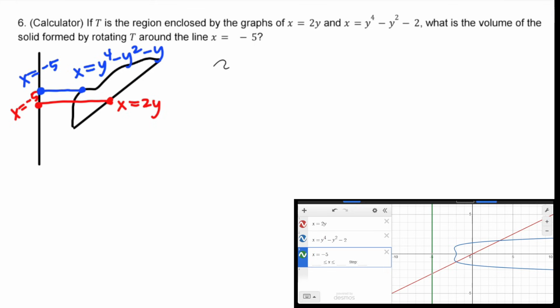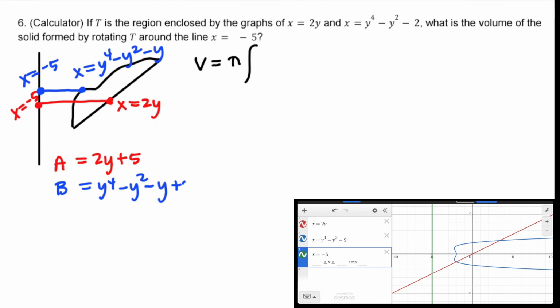Okay, so when I go to take the volume, and I'm going to let the calculator help me with this, volume is going to equal pi times the integral. Now, we're going to have to find the bounds using the intersections on the calculator, but we'll do that later. A squared... Oh, no, I do need to say let a equal 2y minus -5. And we'll also let b equal y to the 4 minus y to the 2 minus y plus 5. So I'll be interested in taking pi times the integral of a squared minus b squared